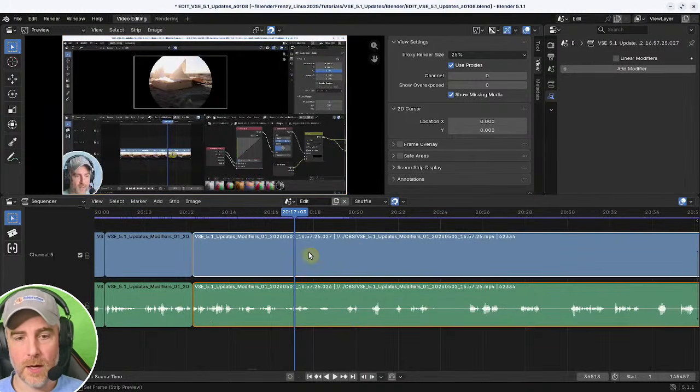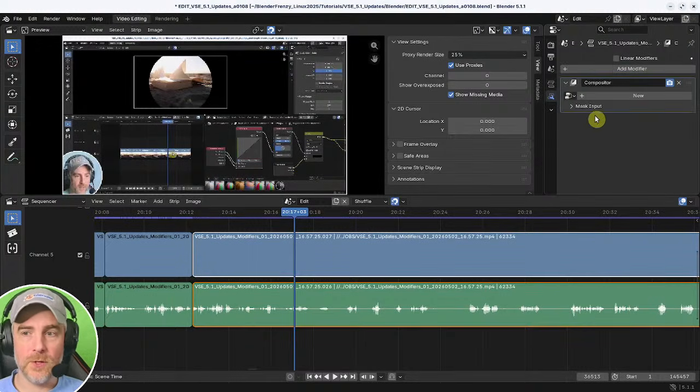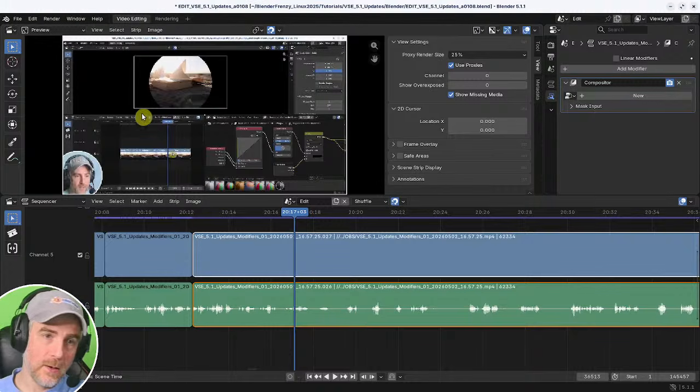So you can put on a video, you can add a compositor modifier, and then you create new, and then you can use the compositor to create nodes that then affect what the output is in the video sequence editor